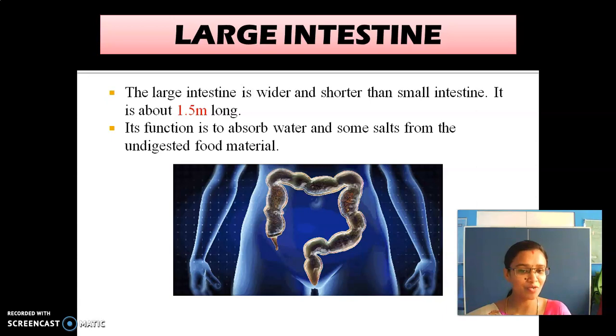After that, the unabsorbed or undigested food is sent to the large intestine. So in the large intestine, what happens? Some of the minerals, the salt and the water which are present are absorbed by the walls of the large intestine, and the food which is not digested is stored where? It is stored in the rectum. This is what is called the rectum, and it is sent out through the anus from time to time. Okay. The remaining we will continue in the next class. Okay.